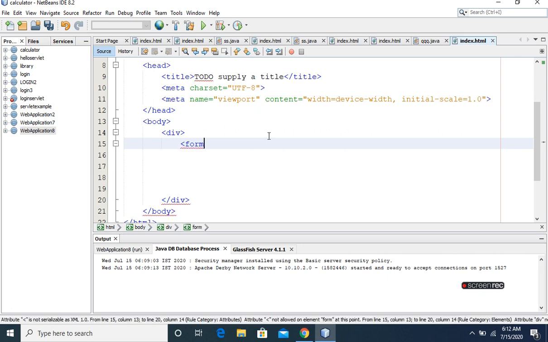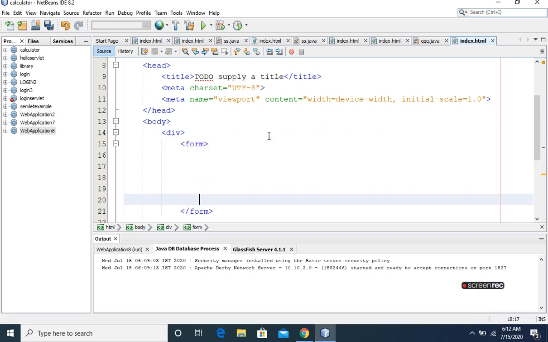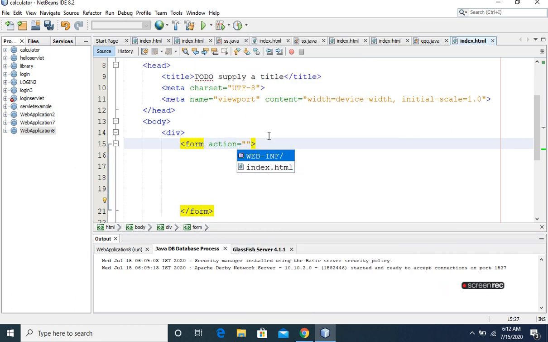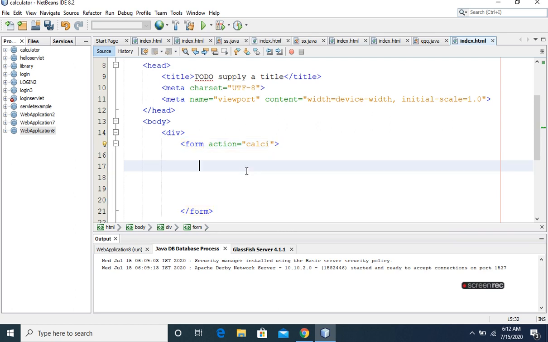Form/form. Action equals to calc. This is the name of the servlet which will handle this form. Enter the first number.